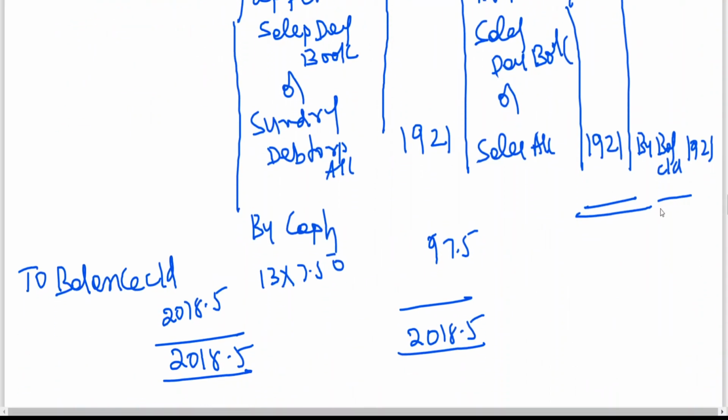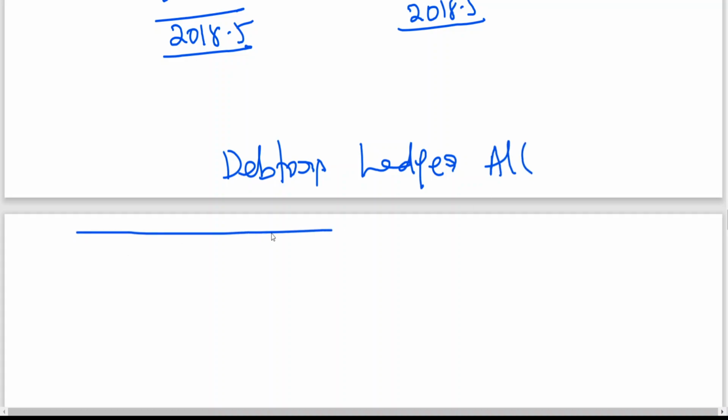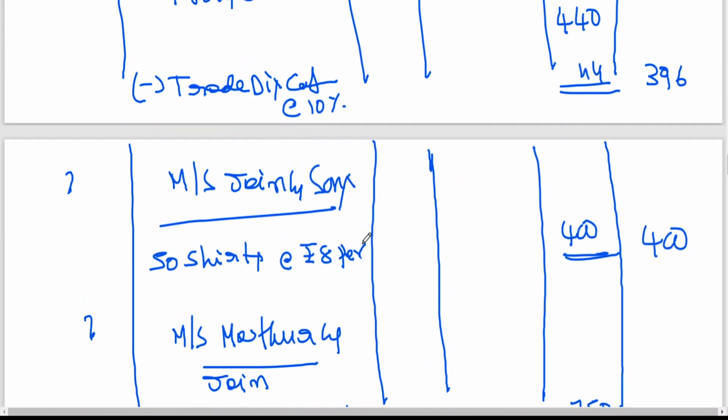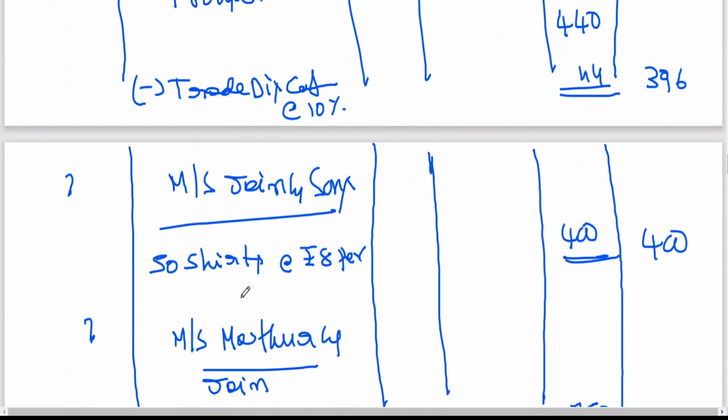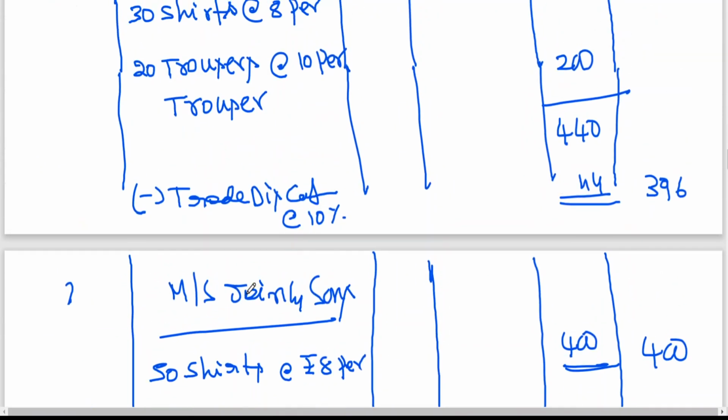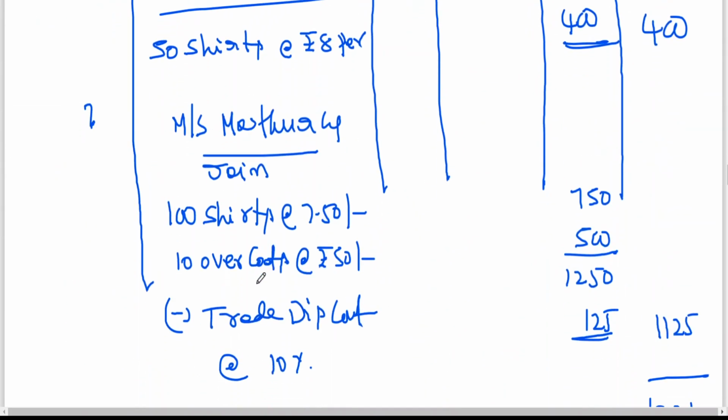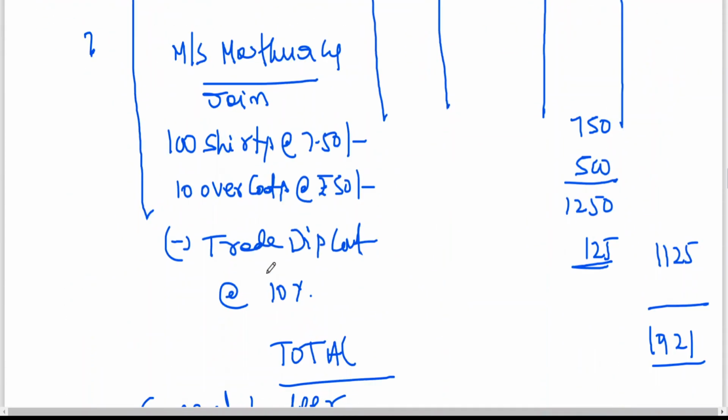The name of the ledger is general ledger. Now to know the amount due from each customer, you use the debtors ledger. Even if you don't write this in the examination, that's okay, but sometimes this knowledge is essential for you to understand rectification of errors in a better manner. So now I'll be opening individual customers' accounts. How many customers are there? There are 3 customers: Messrs. Gupta and Verma, Messrs. Jain and Sons, Mehta, Mathur and Jain. First I am starting with Messrs. Gupta and Verma.